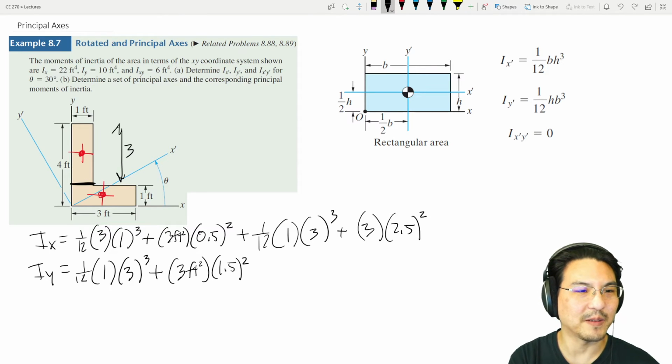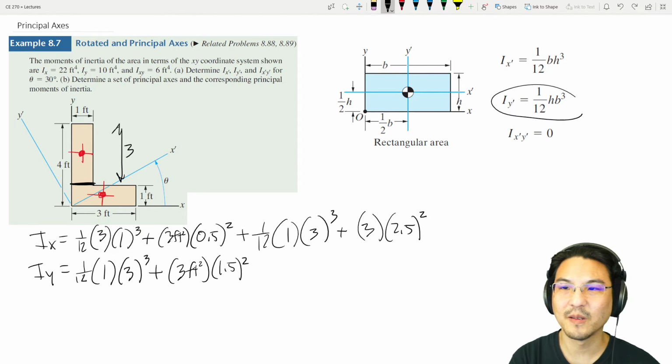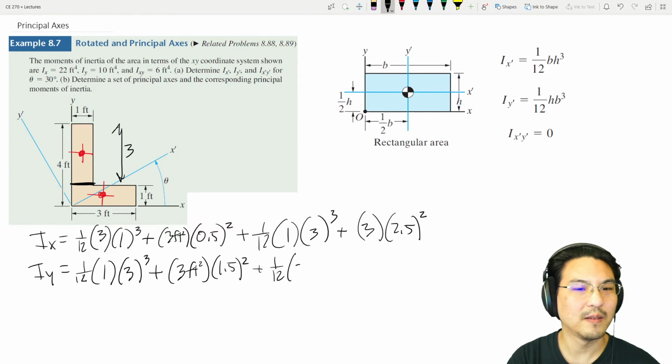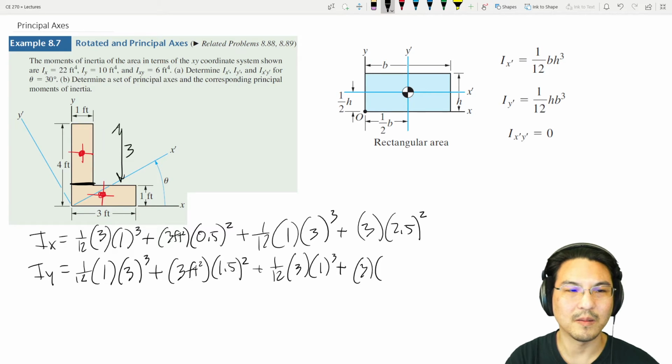Okay, now this rectangle about here is here, 1/12 height base cubed, plus the area of this times this distance squared,